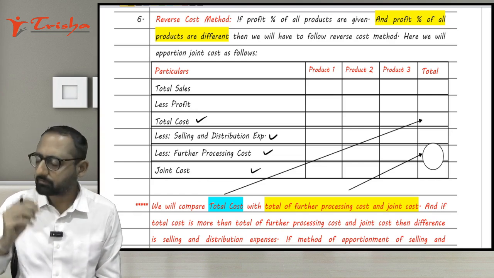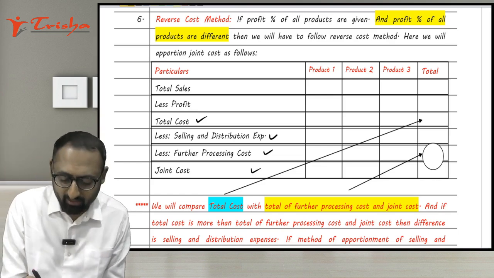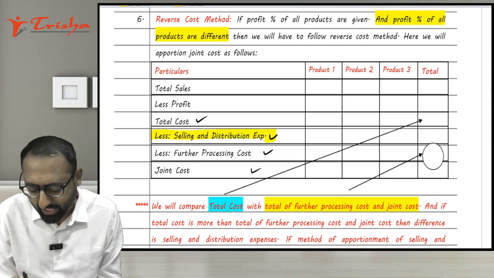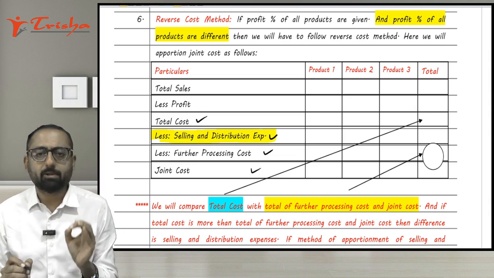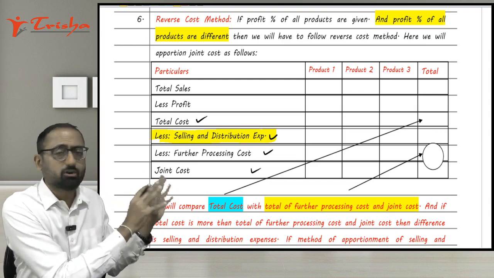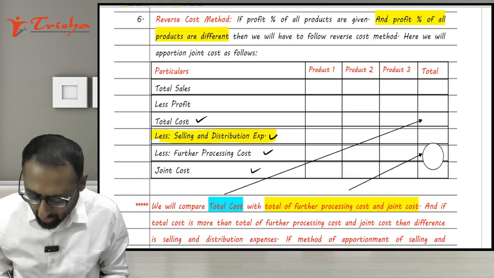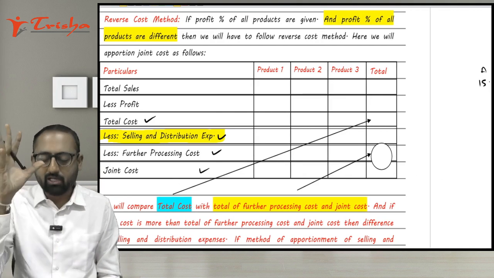But guys, the most important adjustment, the hidden adjustment here, is that of selling and distribution expenses. Now everyone please concentrate here. It is a very important adjustment, and almost each of these types of questions, this hidden adjustment will be there in your examination. Now what is that hidden adjustment? In the question,